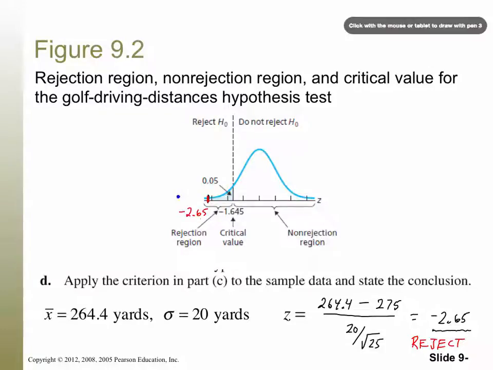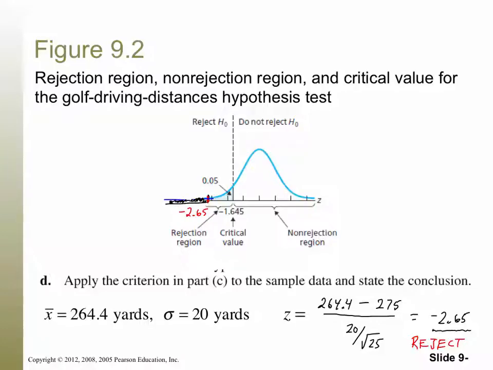If we think about the z-score that we got, say here's the curve again. So if we got negative 2.65 standard deviations to the left,